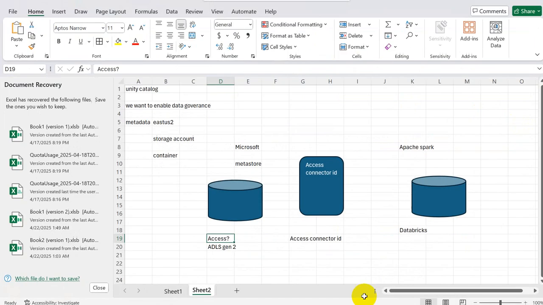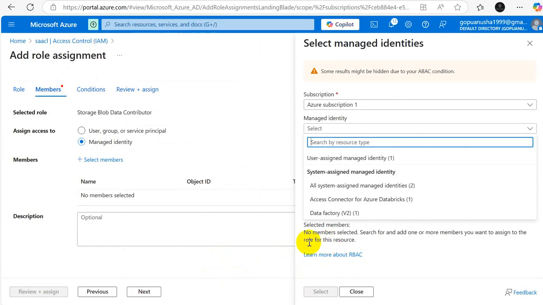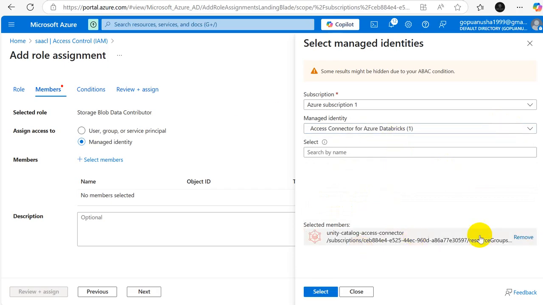So remember every time, if you have created an ADLS Gen2, a storage account is a resource within your Microsoft Azure, and you have created another resource and you want that resource to have access to this data. For example, you have created a resource like X resource, and you want this X resource to be able to read data from the storage account, write data, do deletion, and any number of things, right? So what you should do is give access to this storage account. And how can you give this access? Using managed identity, right? So I am selecting this, I should select access connector for Azure Databricks, and this is the only one, right? So you can just click on that and